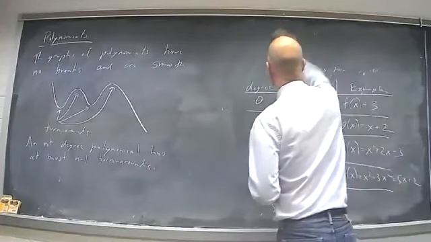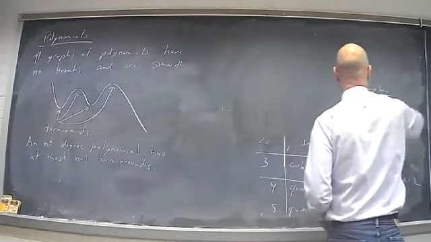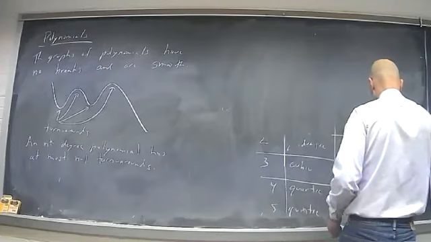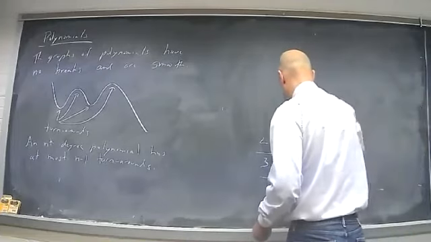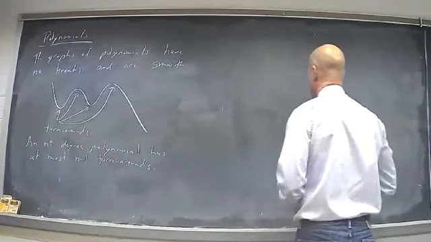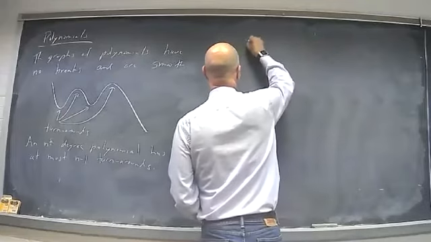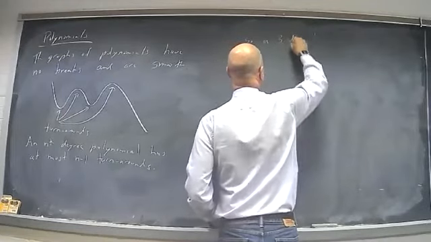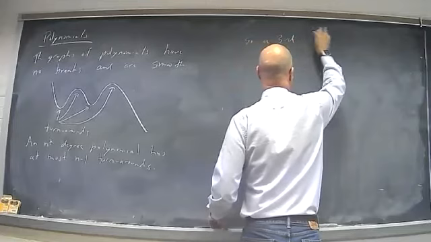So a third degree polynomial has at most 2 turnarounds. A cubic polynomial